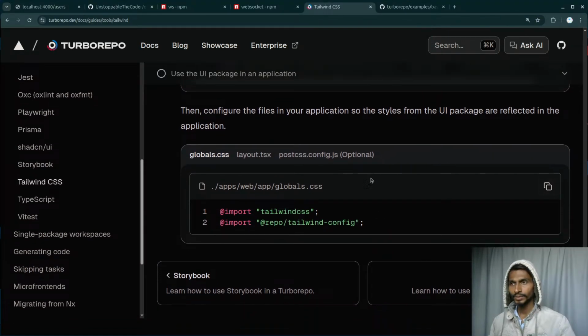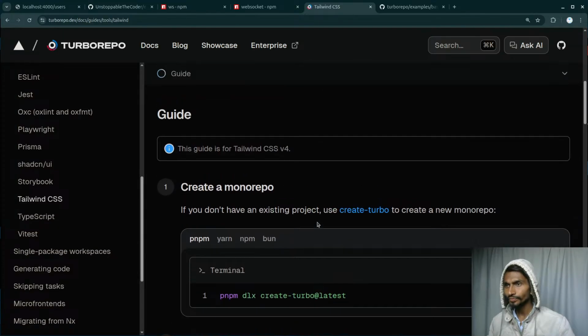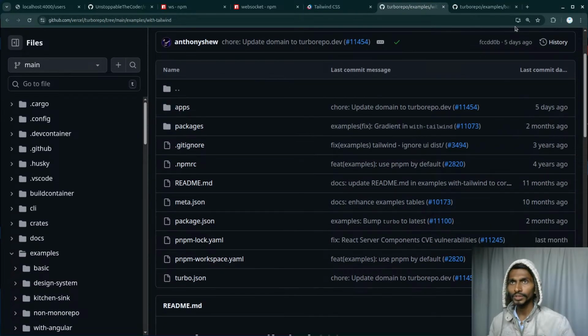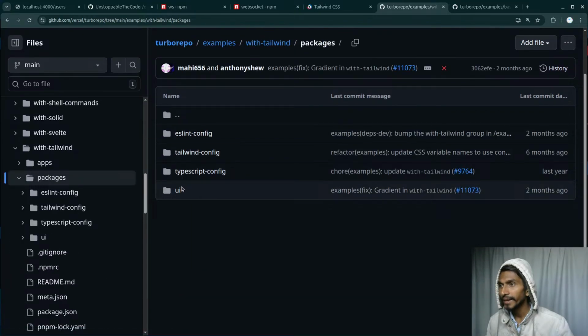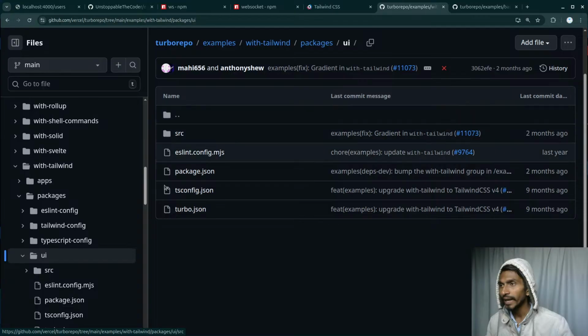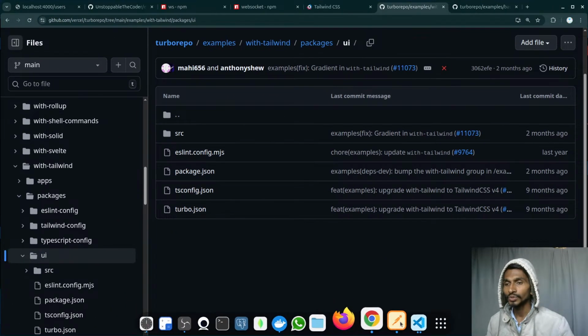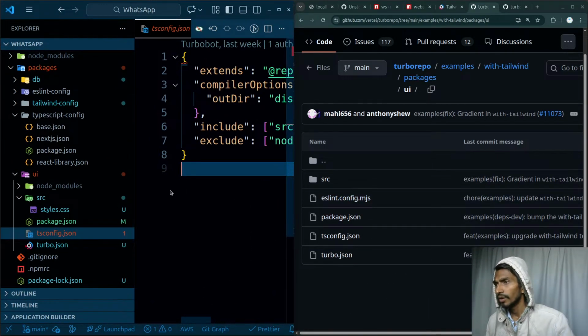and first of all I will be getting it done later too, so I can go to the top, just here, the Tailwind and this Turborepo template. I can click on this and I will be redirected to a GitHub repository, and I'm gonna be taking the help of this. So inside my packages I have my UI. Inside my UI I have these types of things. So let's do one thing, let's have them side by side and get the things done. Alrighty, so